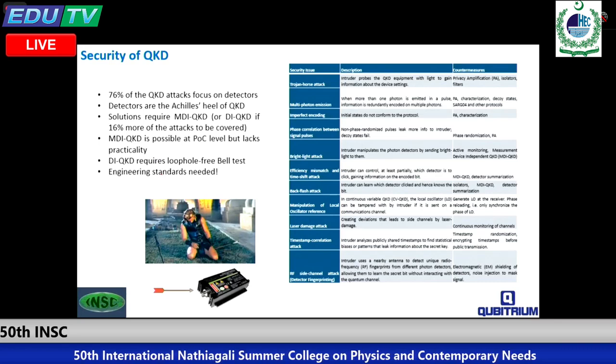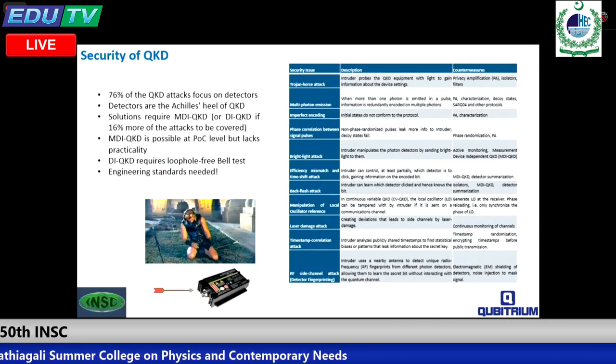Detectors are like the weakest point of QKD, where the quantum information is turning into classical. So detectors are leaking lots of information. One should be really careful about the detectors if you're building a quantum key distribution-based network. And the solution requires measurement device independent QKD, or more general term, if you also want to focus on the